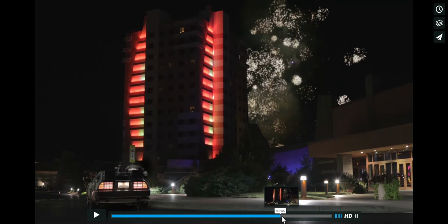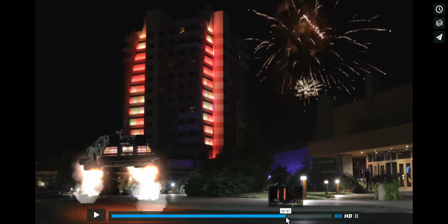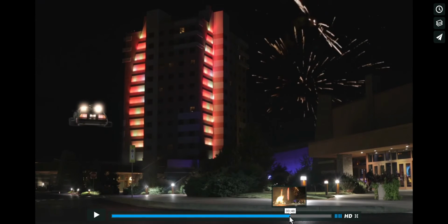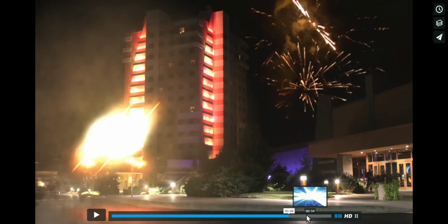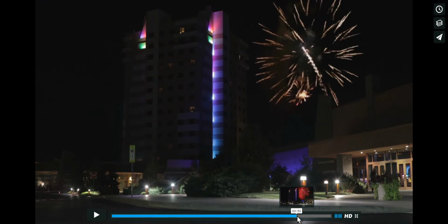The animation on the actual takeoff of the DeLorean here is just crazy. I mean, having the wheels actually turn down with the burst of flames and smoke from the wheels, and trying to get that burst that comes out of the propulsion system in the back as it takes off, and the sound effects on top of that are just absolutely awesome. So it flies back